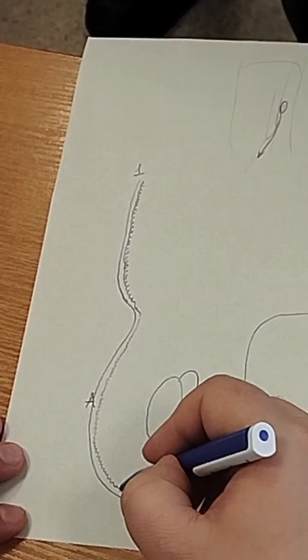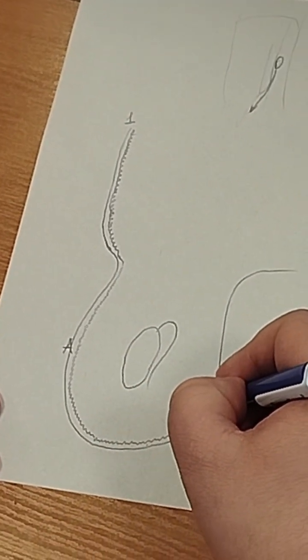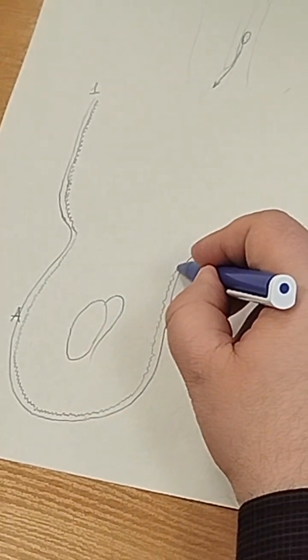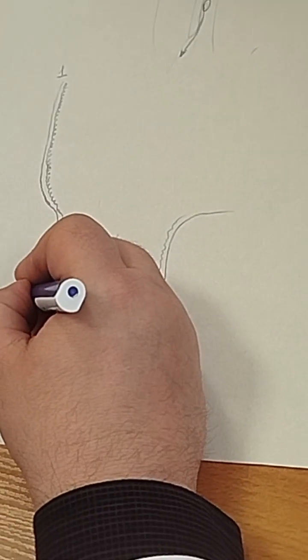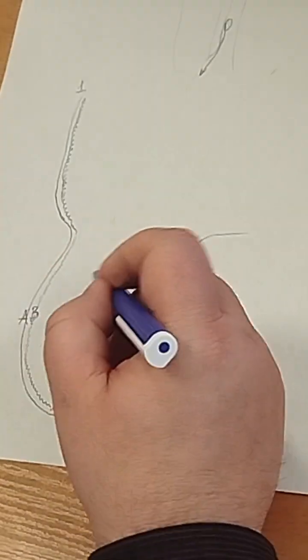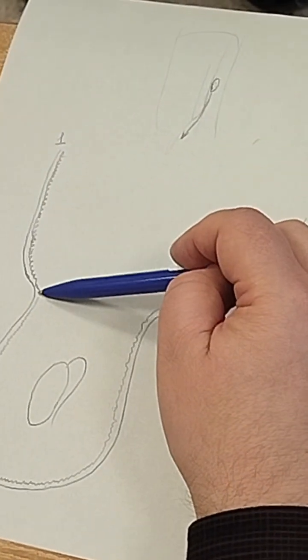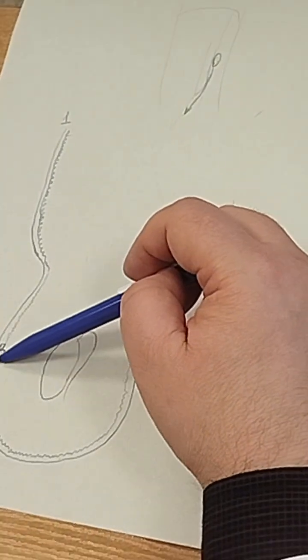Fat tissue here is reduced, and only connective tissue and smooth muscles. That is the second layer of the scrotum, letter B,